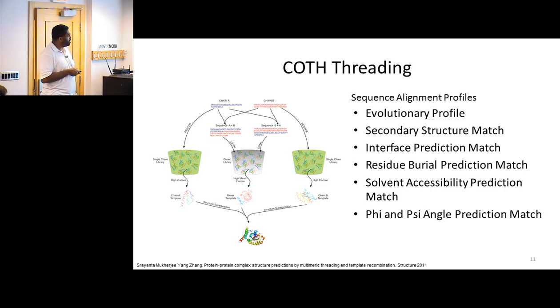The things we look at when we have two residues aligned is if their evolutionary profiles match. We get multiple sequence alignments for both of our queries using PSI-BLAST, and we have these pre-generated for our library. We see if there's a match in the alignments. We look and see if our secondary structure prediction for our sequences match those that are in the template, and so on and so forth for all these other features. We see if our predictions for the interface and the solvent accessibility and phi and psi angles match the aligned residue when we're doing our sequence alignment.